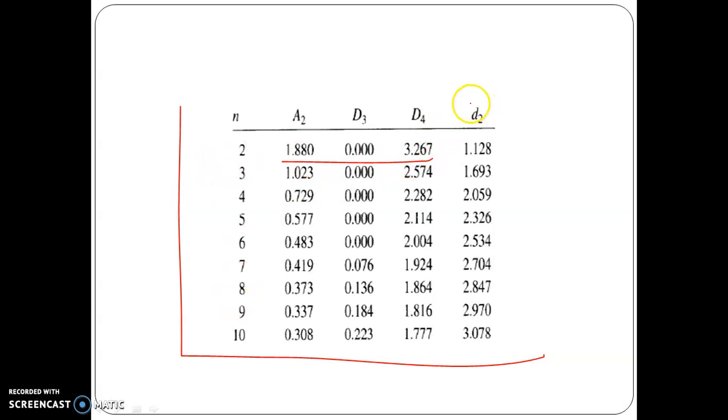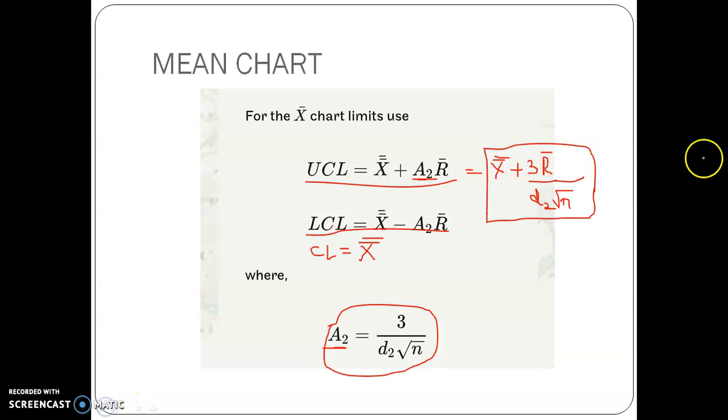Here we have seen small d2, and I told you in my previous video also that we will later cover what d2 is. This small d2 is nothing but a constant which is used in the alternative formula that we have seen here. The value of d2 can also be taken from that table depending upon our sample size.